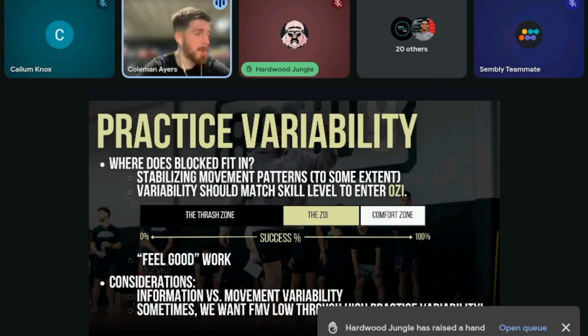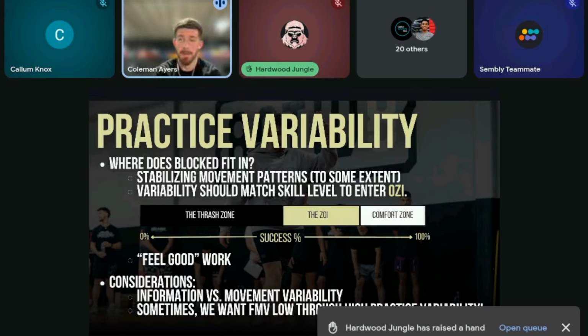Now, it's also important to realize that even higher level players can be beginners at certain skills. So there are times where if a player just can't pick up a certain footwork in the context of a small sided game or as I expose them to this with repetition without repetition, then I'll say, hey, try this out 5 times in a row. Just get it down, right? Get the feel for it, stabilize this movement pattern, and then we're going to go back to it. And that's, again, a little bit more where the practical art comes into play.